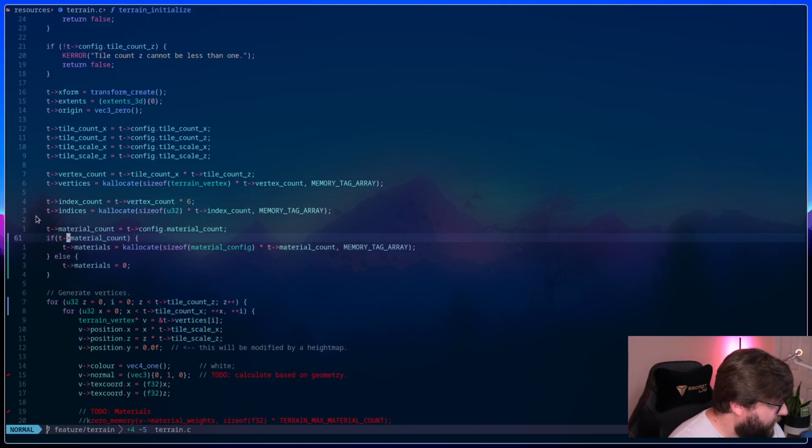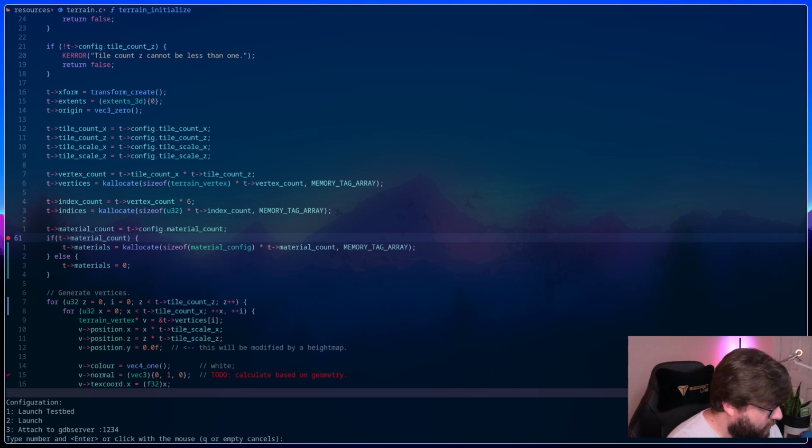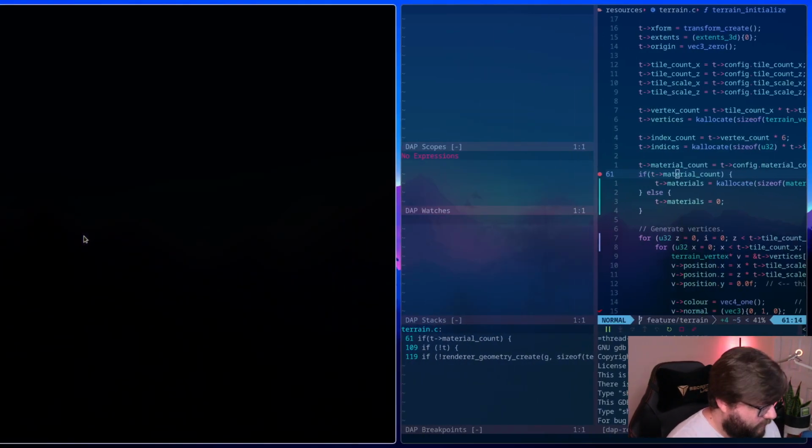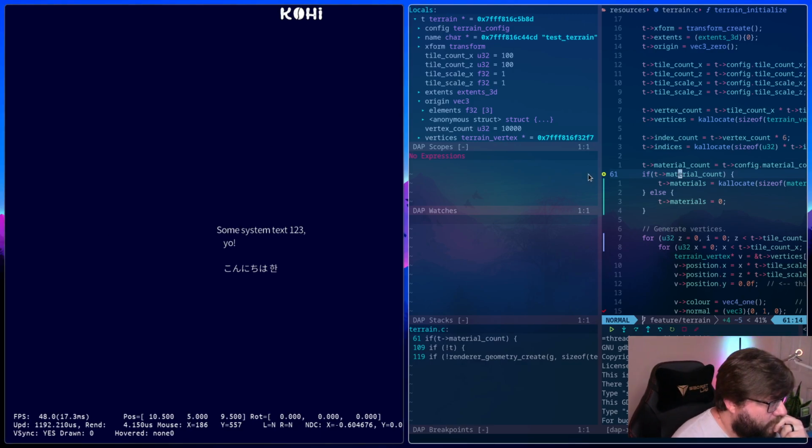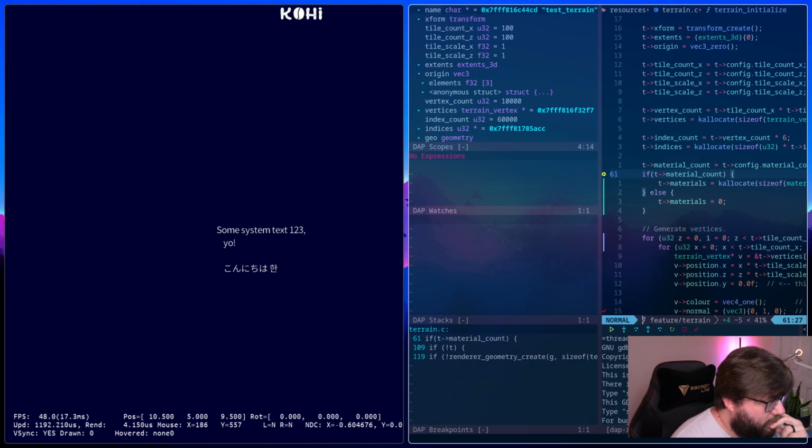Let me just verify that all of these things are correct. I thought they were. I could have sworn we did this already. So our scale X and scale Z are both 1. Our counts are both 100. Yeah, our vertex count and our index count are that.